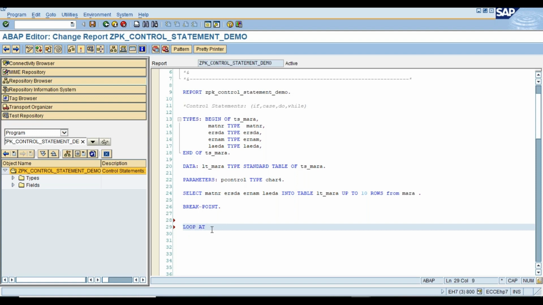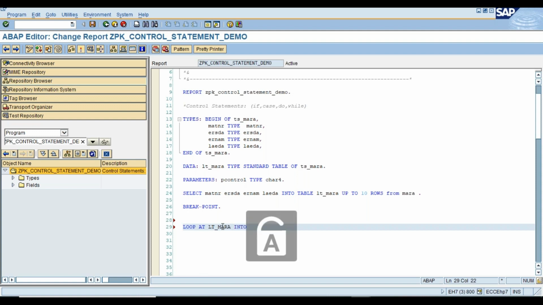DO and WHILE are also loops, in fact that is the actual loop, DO and WHILE. But most of the time you will see that this LOOP statement gets used most. This LOOP AT lt_mara